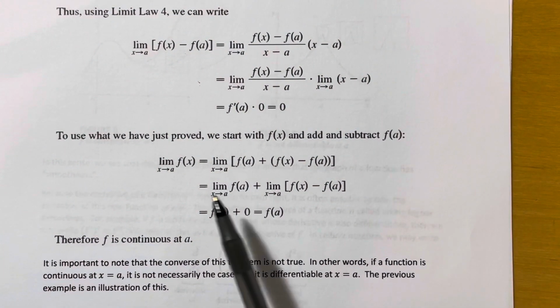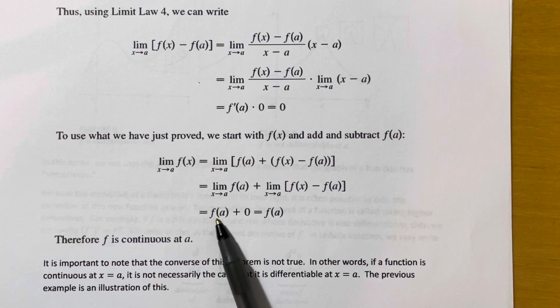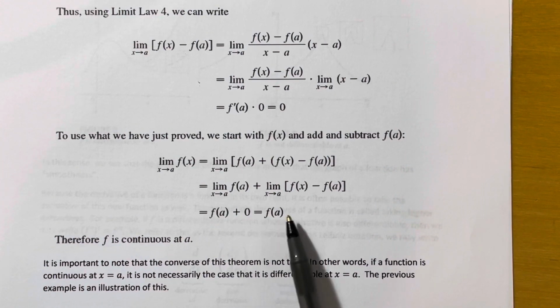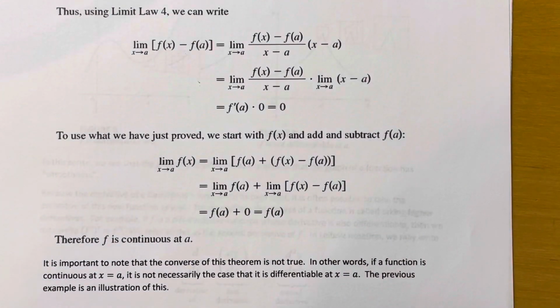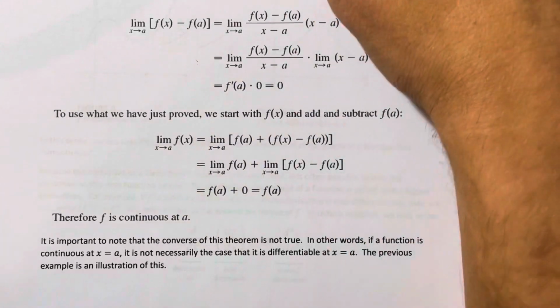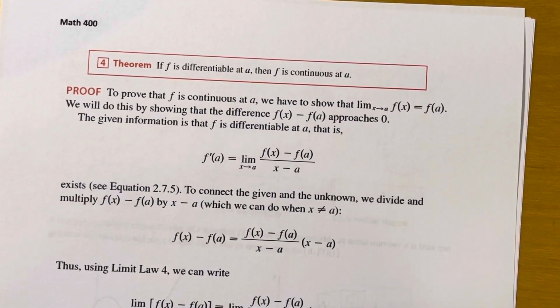This is a constant, and the limit as x approaches any number of a constant function is that exact constant, f of a plus 0, which equals f of a. That's what we needed to show to establish continuity. Now, it's extremely important to understand that even though this theorem is true, in general, the converse of this